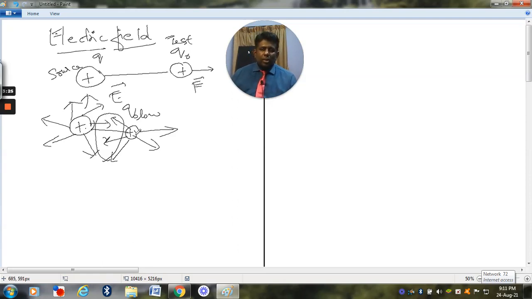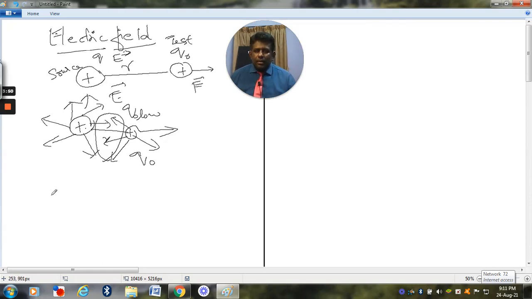Let us move on to the formula. This is the test charge Q0 and this is the source charge Q. It is separated by a distance r. A force is being exerted on the test charge due to the electric field. We are going to calculate the magnitude of the electric field. See,